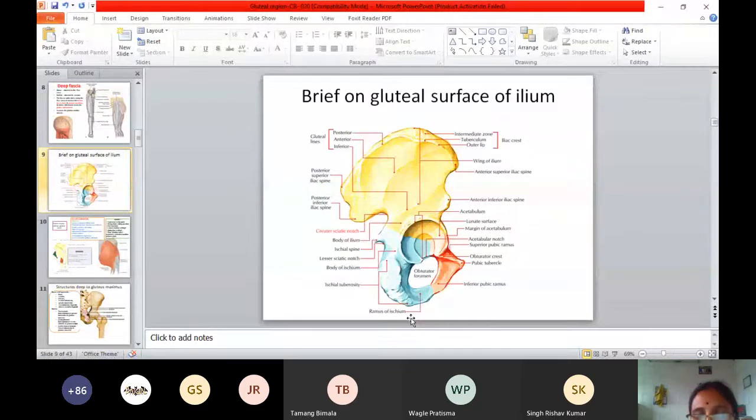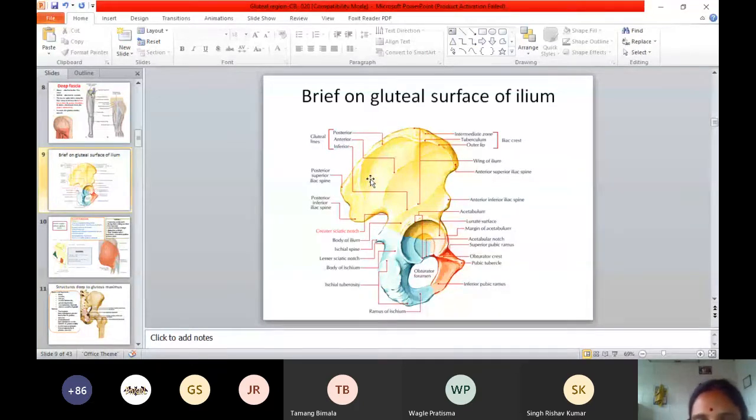Now, before entering into detailed structures of the gluteal region, you should know brief anatomy, osteology of the hip bone. I will just describe a simple brief anatomy of osteology of hip bone. Detail will teach you in practical, okay? This bone that you see is the hip bone. Hip bone consists of three parts. This upper part is known as ilium. Lower and anterior part in red color is known as pubis. Lower and posterior part in blue color is known as ischium. All three parts joined together in this fossa. The cup-shaped cavity you see is known as acetabulum, which forms the hip joint.